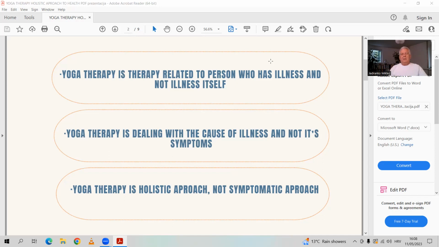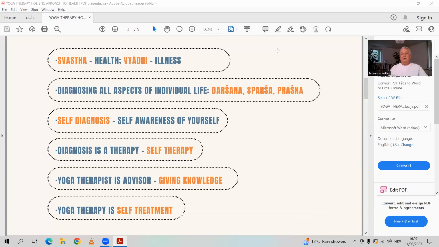That's why yoga therapy can be, we can say, a complementary approach to improve the health of the person together with modern medicine. So we follow the advice of modern medicine, and everything that is discovered in the field of modern medicine, which deals more with the symptoms. And at the same time, we apply the knowledge of yoga therapy to deal with the cause. So that's why yoga therapy is a holistic approach, because it takes the person as a whole, all aspects of the person,